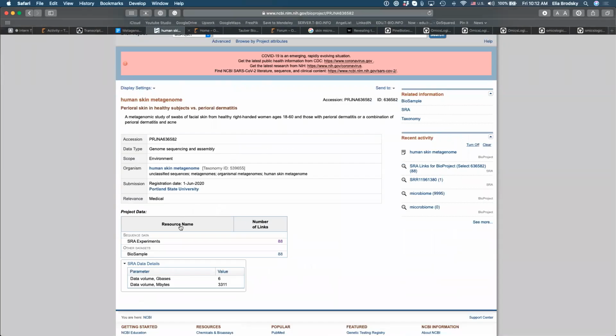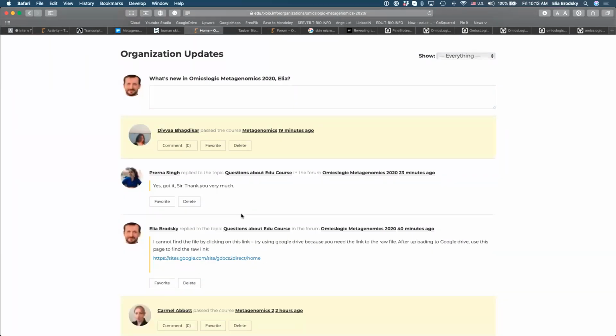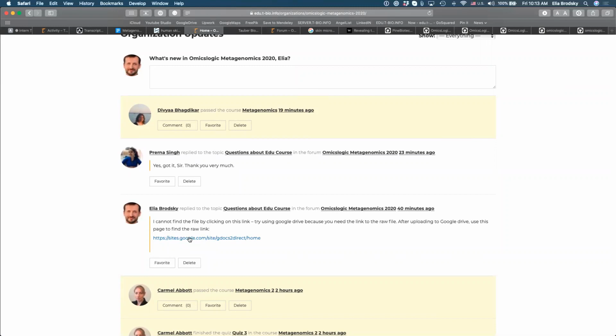Let me see that specific post. Okay, there, Prerna. One useful way is to use GitHub, which provides you a direct link to the raw file, or to use Google Drive. There's a conversion site here for once you upload your file, to get the raw file you've uploaded. So let me know if that works for you, Prerna.